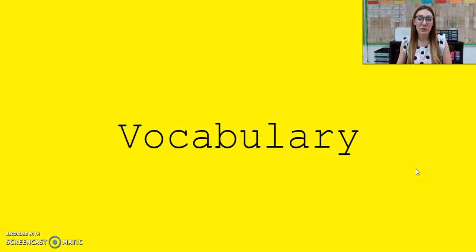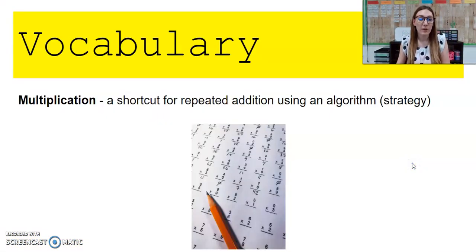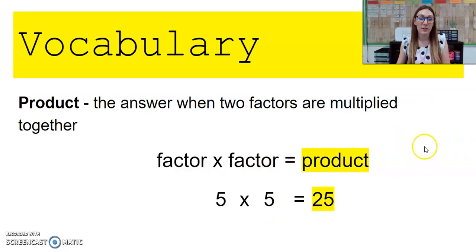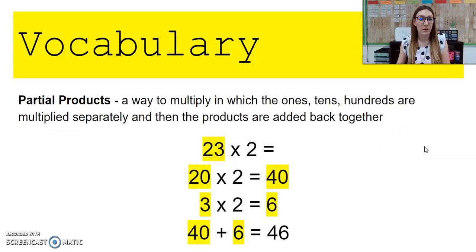All right, let's quickly review our vocabulary before we get started on our mini lesson. Multiplication is a shortcut for repeated addition using an algorithm. Factor is a number that is multiplied. A product is the answer when two factors are multiplied together. Partial products are a way to multiply in which the ones, tens, hundreds are multiplied separately and then the products